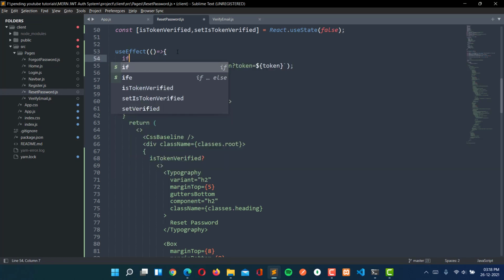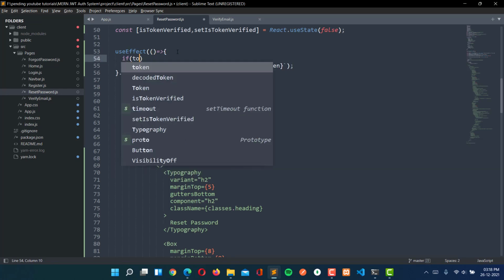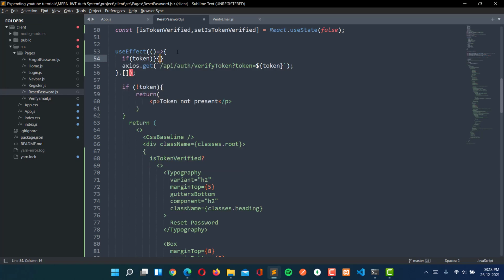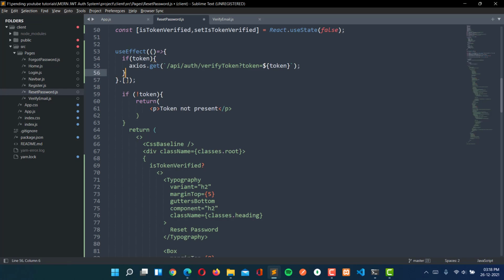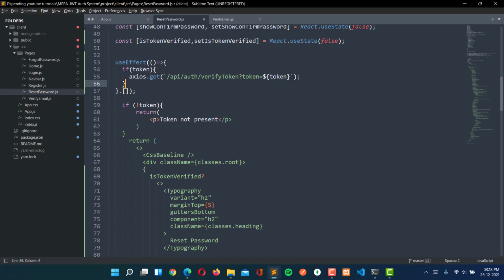So we are going to do this if token is present there. So if token is present, then we are going to do this. Otherwise, we are not going to do this. So it is just like that, token not present. If token is there, then we are going to do this, and then response.